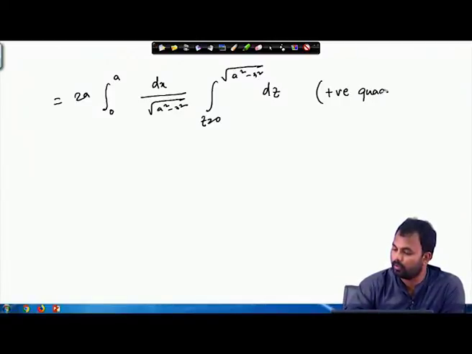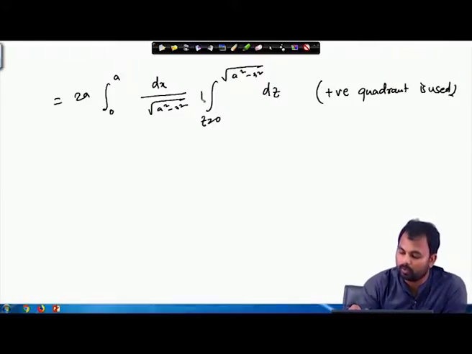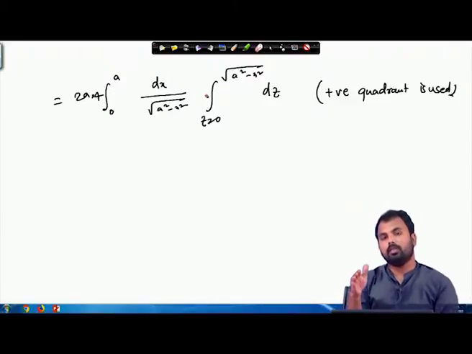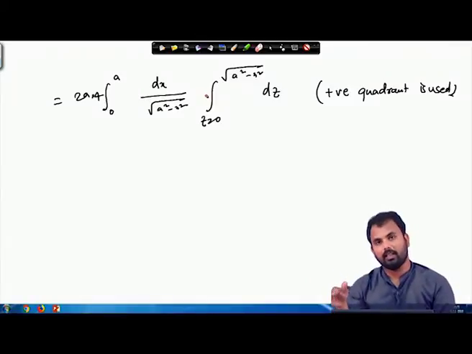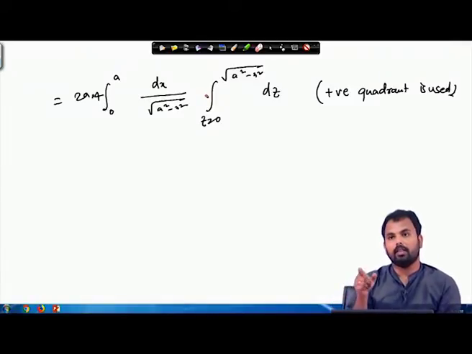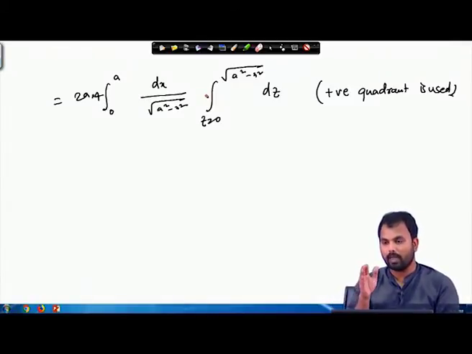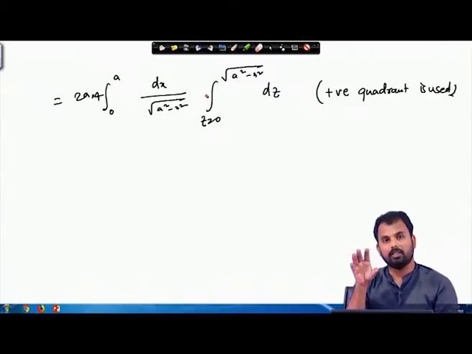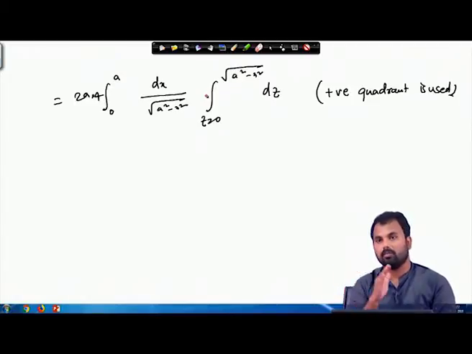Positive quadrant will be used, and then we put a 4 here basically. We put a 4 here because now the projection is taken in the xz plane, and in the xz plane what will happen is it is basically a circle, and since the circle is symmetrical along the x and z axis,